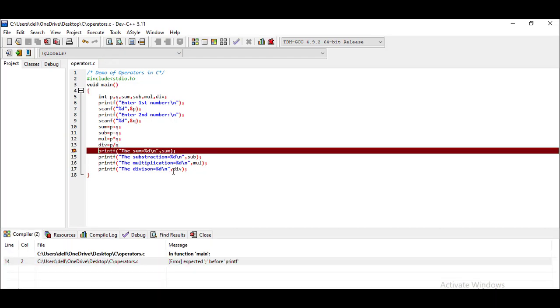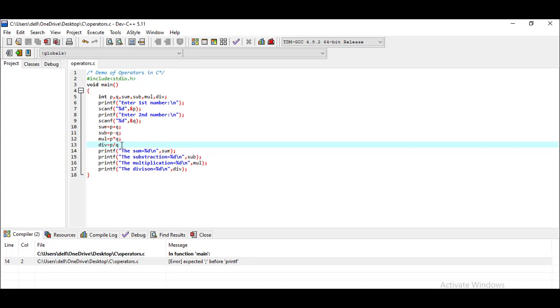So here is one error in our program because we have not put the semicolon here. We must terminate the statement after completing it, so that's the error. Whenever you find an error, the error message will be displayed at this line. You have to first read the error, what exactly the error is, and it will display the line number at which you are having the error.